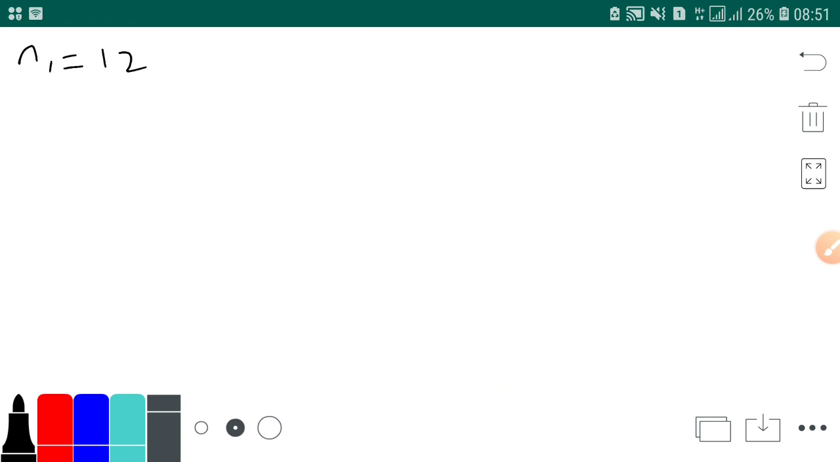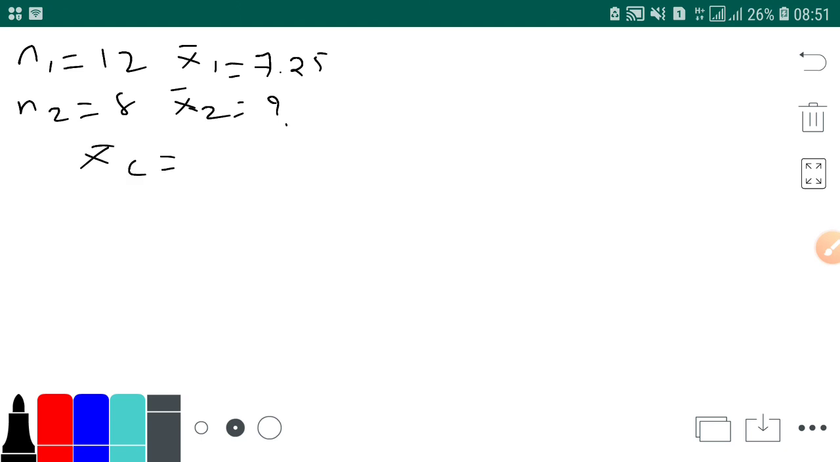N1 is 12, N2 is 8, X bar 1 is 7.25, X bar 2 you don't know, X bar C is 8.25. Okay, now if you will be starting with the formula X bar C,